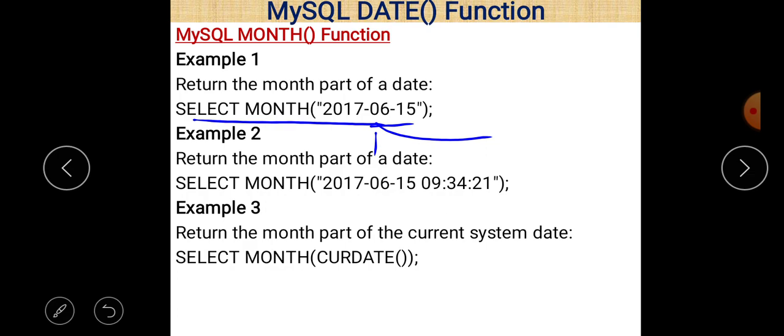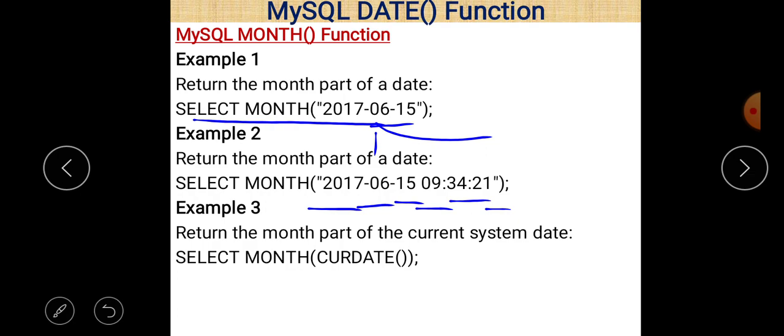Second is, if you give the data in the format of year, month, date, and then hours, minutes, and seconds, then it will also give you the month part of the date.